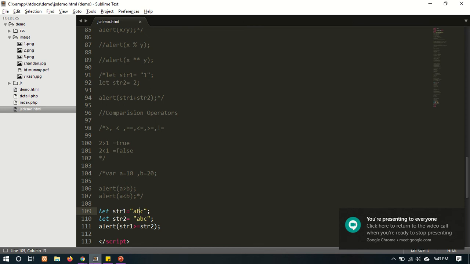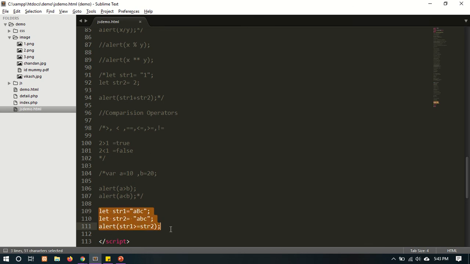Now we are going to compare different types. We will take one example where we compare different types. If we put a string in one and a number in the next, we are going to store the integer and the string. We are going to compare the integer with the string, then let's check what it will return and what will be the output.